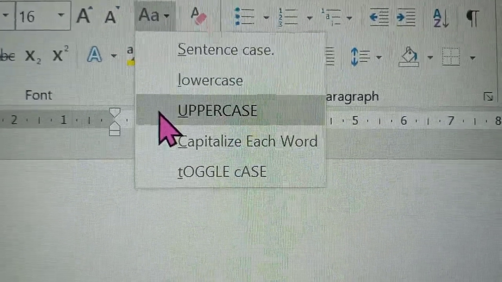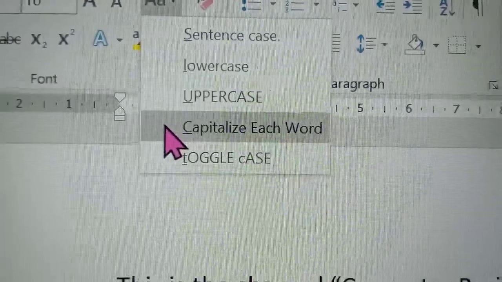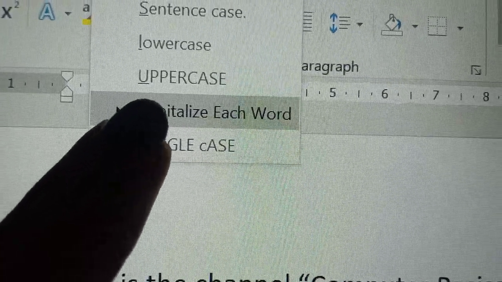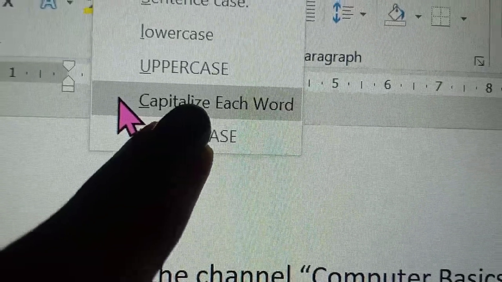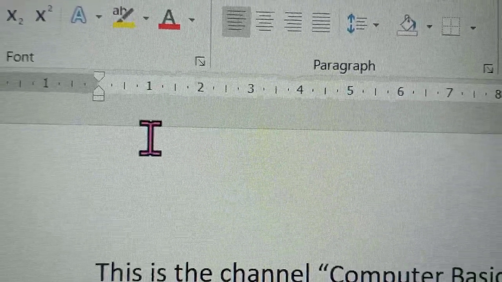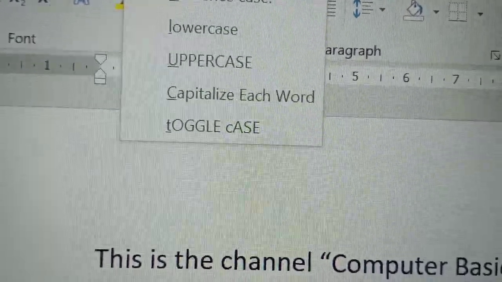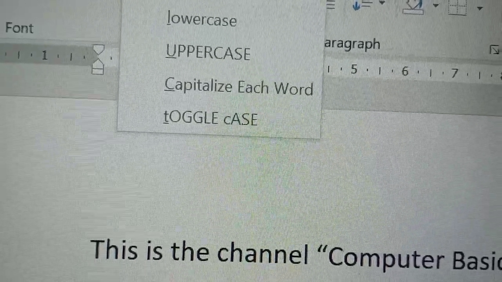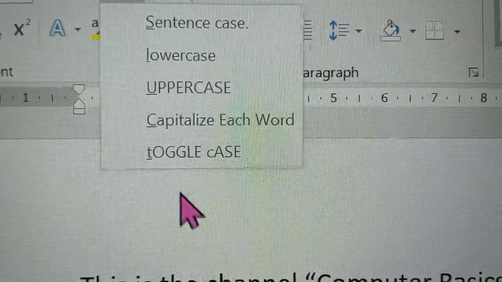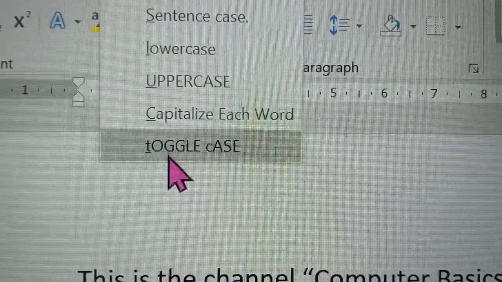Uppercase means all are uppercase letters. Capitalize each word means the first letter of each word is capitalized. Toggle case toggles the case, means all capital letters become small and all small letters become capital. So these are the 5 case change options used in Microsoft Word.